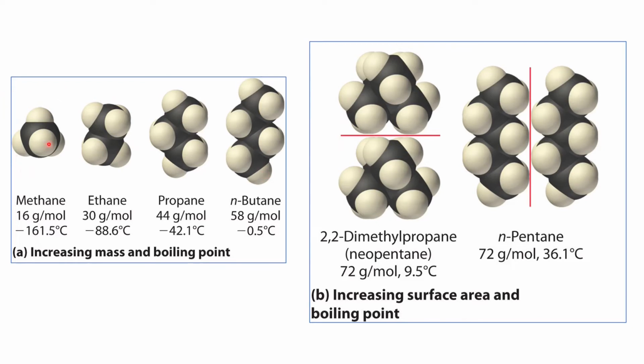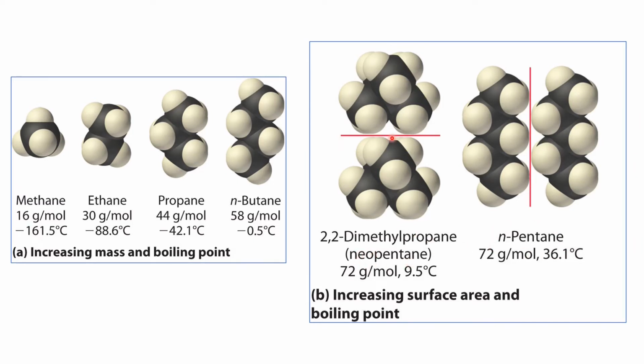On the other hand, for methane, the number of electrons is less, and that is why there is less shielding from the nucleus, due to which the molecule is less polarizable and less London dispersion forces can be seen in case of methane. Another thing here, we can see that as the surface area is increasing, the boiling point is also increasing. So here I have taken the example of pentane. The two isomers of pentane are shown here. One is normal pentane and another is neopentane.